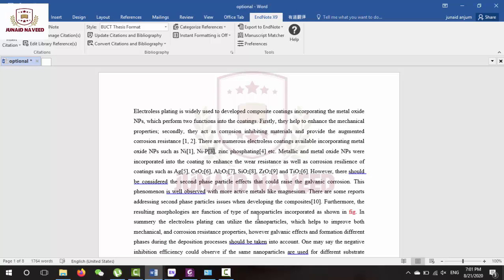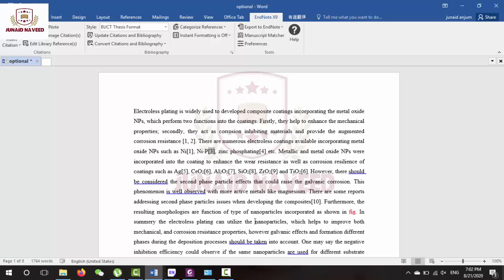And it is not easy for you to change all the numbers by hand and similarly change the places in the reference list. To overcome this problem, EndNote software is used to add references, which automatically changes the places if you are removing a citation from the text and also updates your reference list at the bottom.